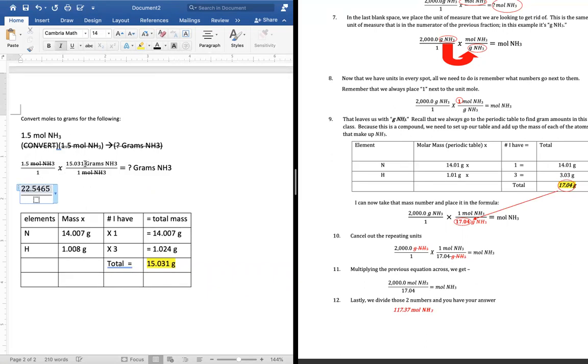And then the unit of measurement that I'm left with is grams of NH3. And then on the bottom, it's 1 times 1. So on the bottom here, I have 1. And then this is going to be equal to